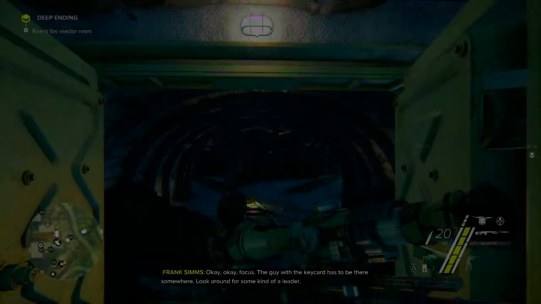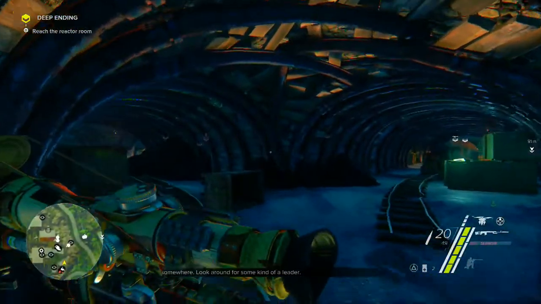Turrets. I'm not a fan of turrets. Alright, let's try that again. Sorry. Auto defense turrets, of course, make me think of ED-209 in RoboCop, and then that led me down a weird, rambling thought path that ended in that god-awful RoboCop remake, where they didn't understand the plot of their own movie. Okay, focus. The guy with the key card has to be there somewhere. Look around for some kind of...